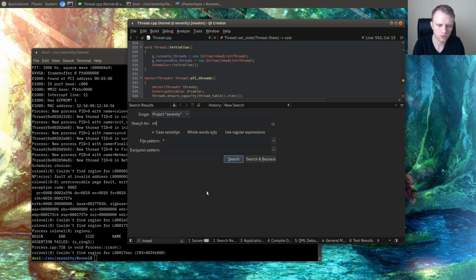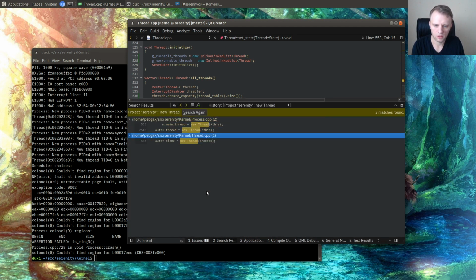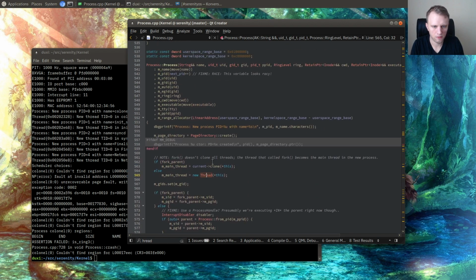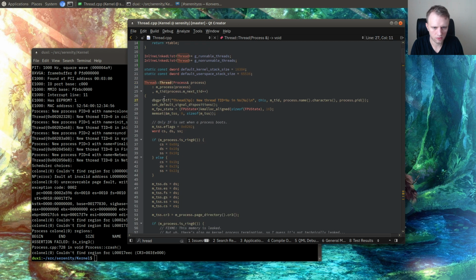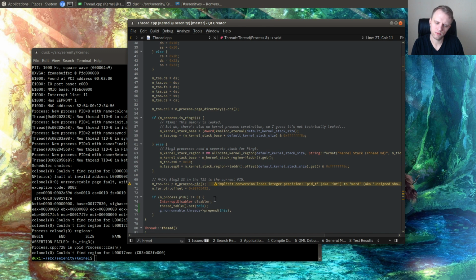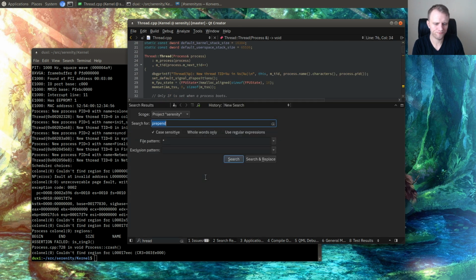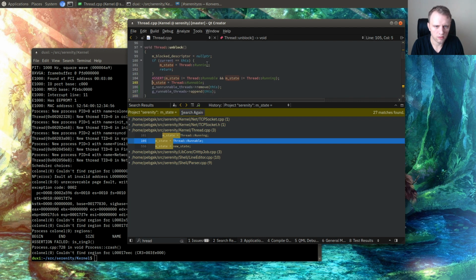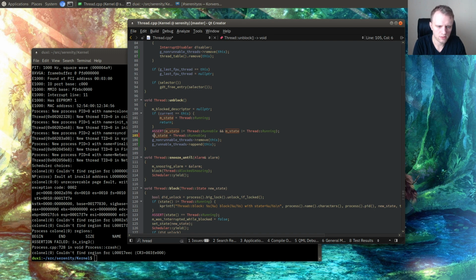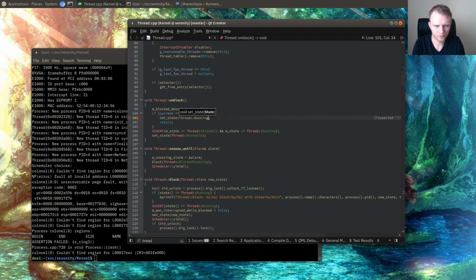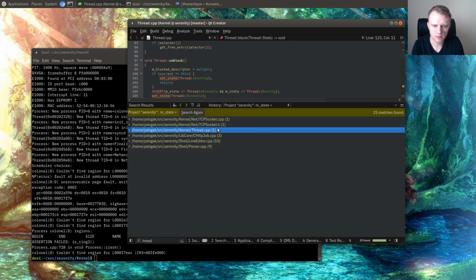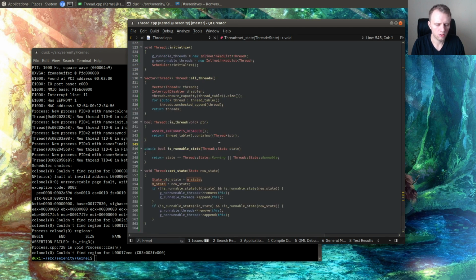So let's look in the thread constructor. Who calls new thread? That would be probably here when we create the main thread for a function. The new thread, and who's actually setting the state to be anything? So we should do set state. Should make sure that we always use set state instead of assigning directly to M state. Okay, and then